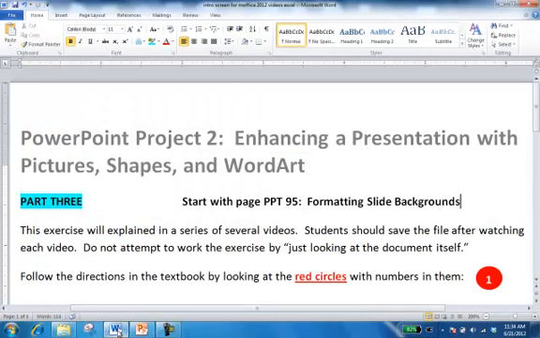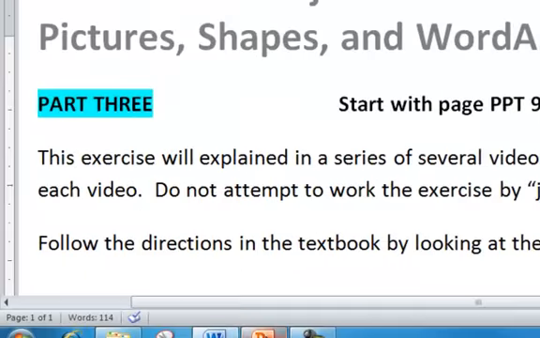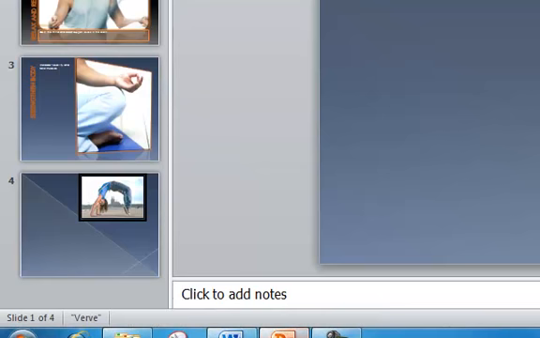Welcome to part 3 of the PowerPoint project number 2. We're starting on page 95 dealing with actual slide backgrounds. I'm going to dispense with the routine about the red circles and all that because by now you should have the routine down pat. I'm starting on page 95 where we have used a 4-slide presentation about yoga and meditation,